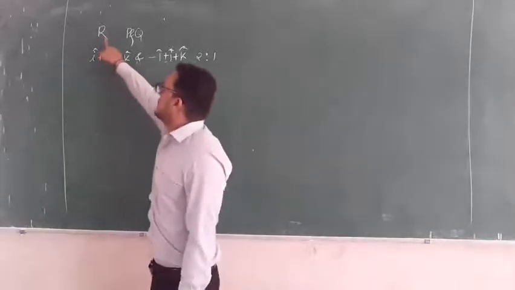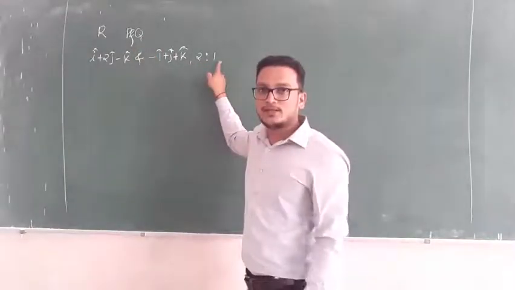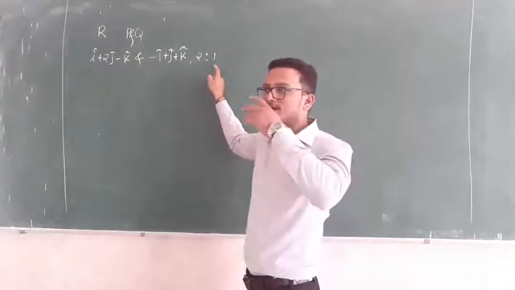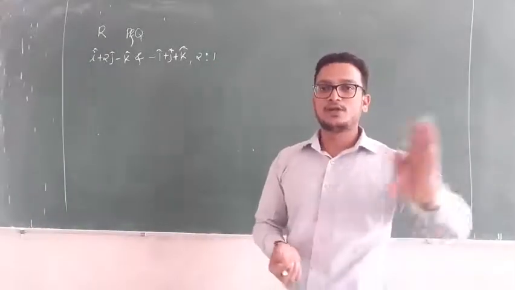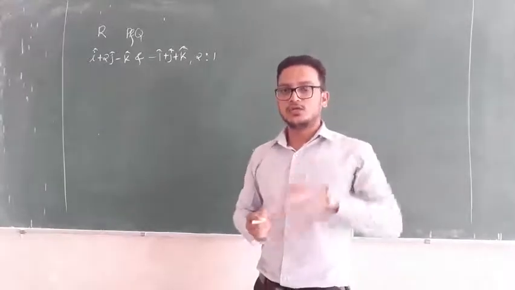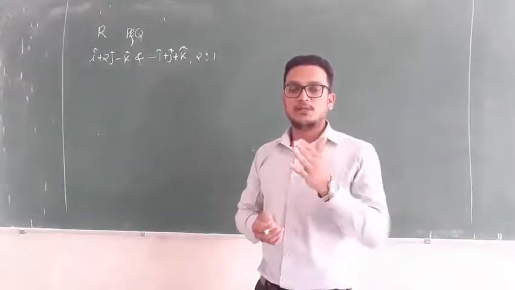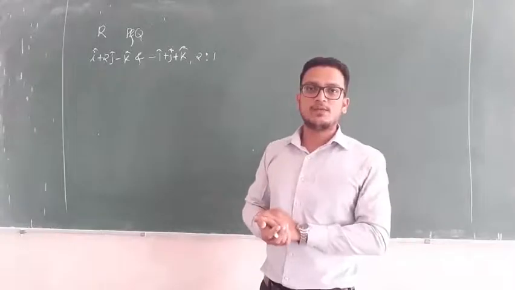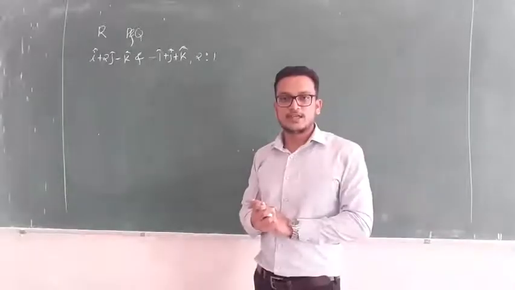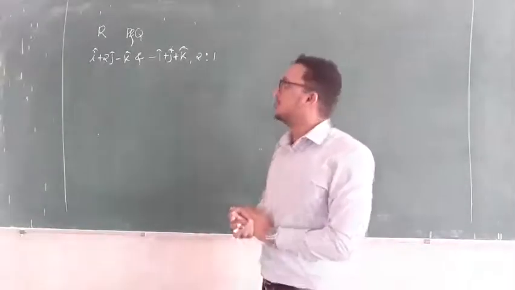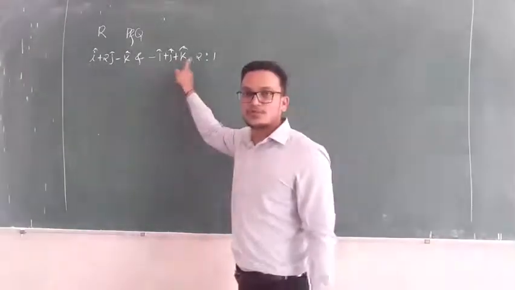This point R divides the line joining point P and Q in the ratio 2 is to 1 internally and externally. Means you have to calculate the position vector of that point R for internal ratio as well as for external ratio. Internal ratio means all the signs are positive. That is, the formula is M into vector B plus N into vector A divided by M plus N. Whereas external ratio means the same formula, but in the place of plus sign you will get minus sign. But here they have given the 2 points P and Q with its position vector.